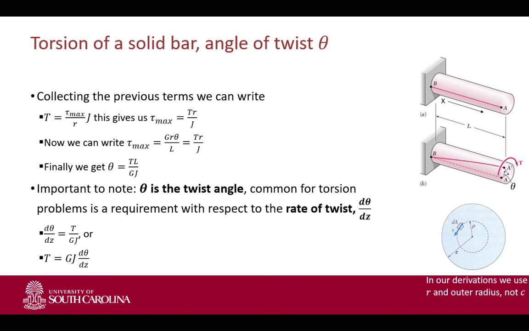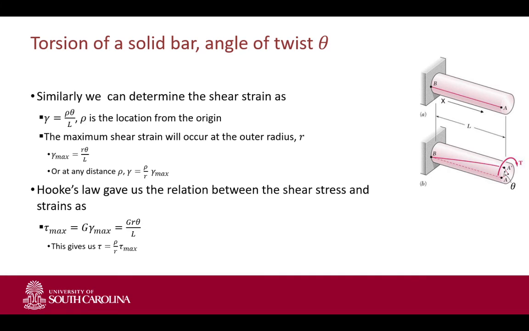So with that said, we now can say that the torsion is equal, or the torque applied is the maximum shear stress divided by the radius multiplied by our polar moment of inertia. Again, we can rewrite that if you're interested in shear. We can say the maximum shear stress occurs at torsion multiplied by the radius r over the polar moment of inertia. And if we look back again, a couple of slides, we had the function of